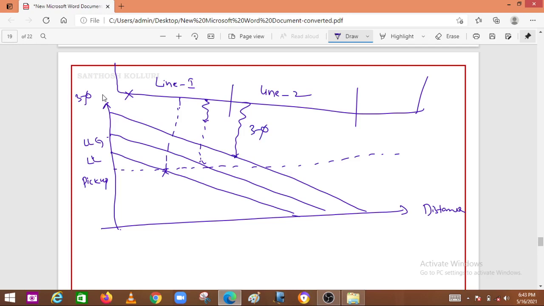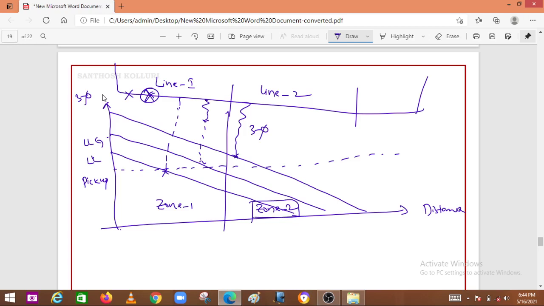right? So here let me take this as zone 1, and this is zone 2, like that. If the relay operates for a fault which is outside the zone of protection, then it is called over zone. If there is a relay in line 1 in the zone 1 operation, and a three-phase fault exists in zone 2, then if the relay in line 1 or zone 1 operates, that is called an overreach problem.